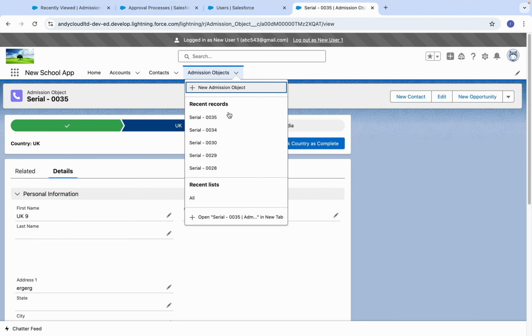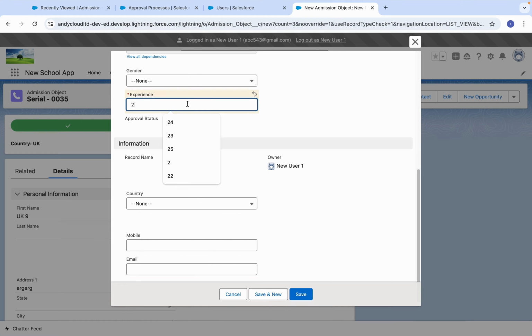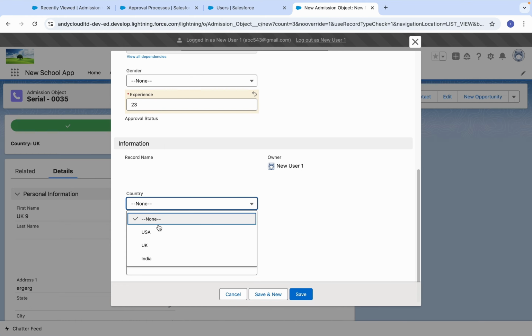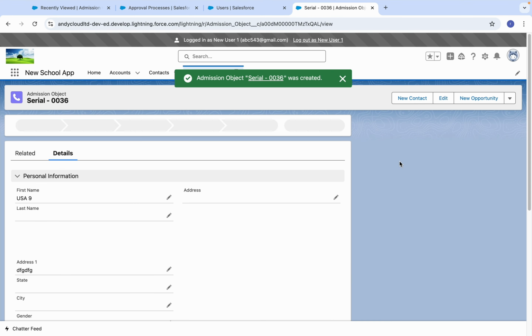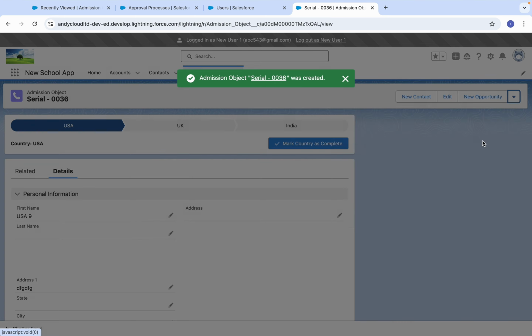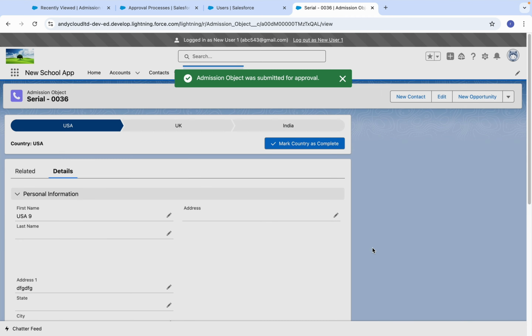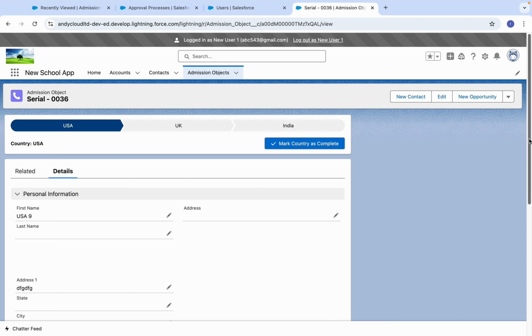Let's create a USA record, USA 9, country USA, save. Let's submit this also. So now it will submit because we have given the process for submit for USA. Okay, it submitted successfully.